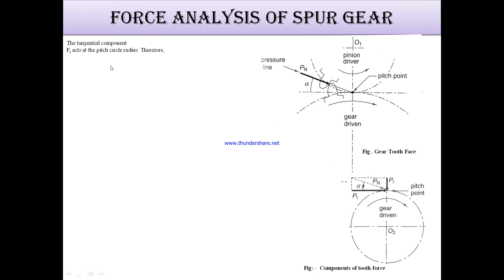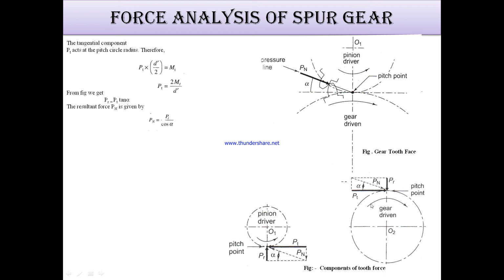Now to find out the tangential load, it is nothing but a force, and we know that the torque is nothing but the force into the perpendicular distance. That's why the formula for tangential load is Pt is equal to 2 times torque upon d, and this d is nothing but the pitch circle diameter of the gear. This is for gear and pinion. For both, the tangential, radial and normal actions are shown here.